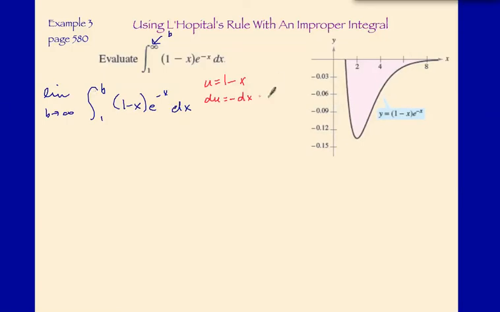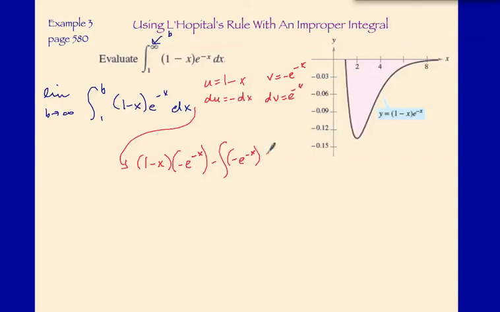We're going to let dv be e to the negative x, which means v is negative e to the negative x. So we've got the limit, equals uv, which is (1 minus x) times negative e to the negative x, minus the integral of v du,